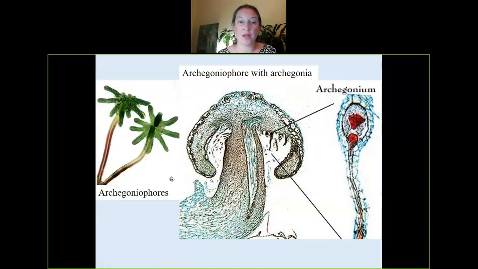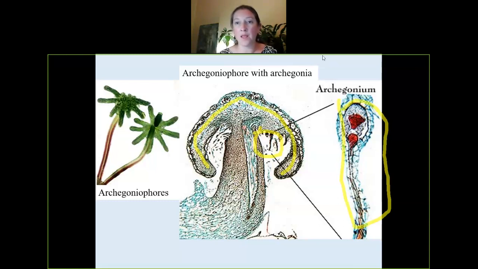And here's what they look like on the left. Here's what they look like in real life, right? And then in the middle is a cross section on a microscope slide. So here's one of those arms of this archegoniaphore. And underneath, there are all of these archegonia, right? And here's one